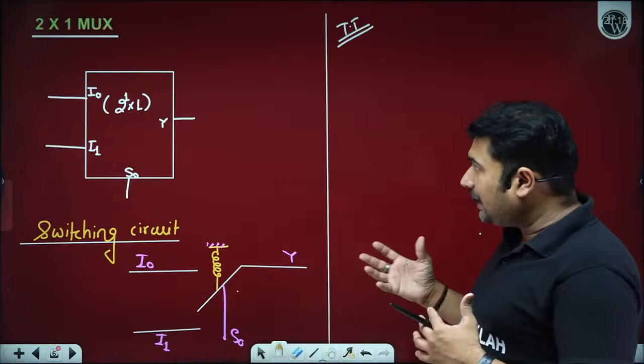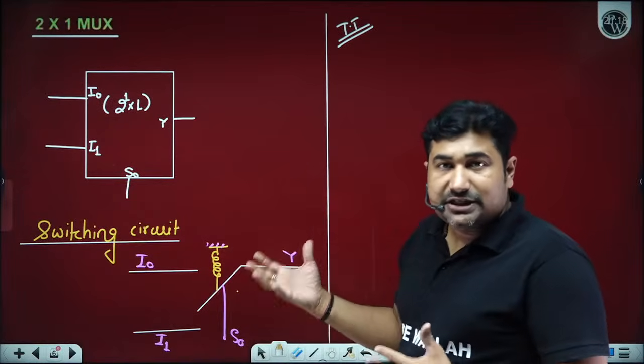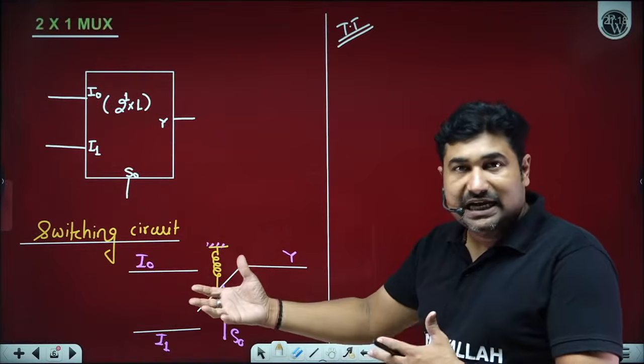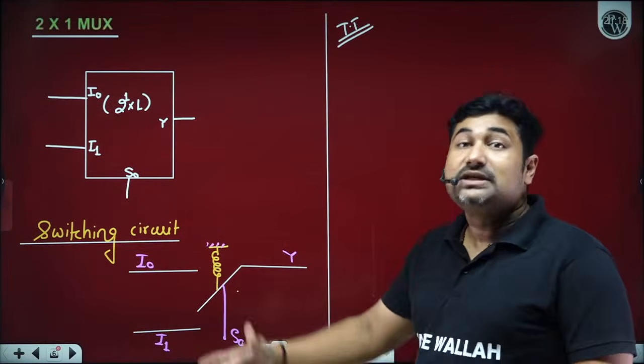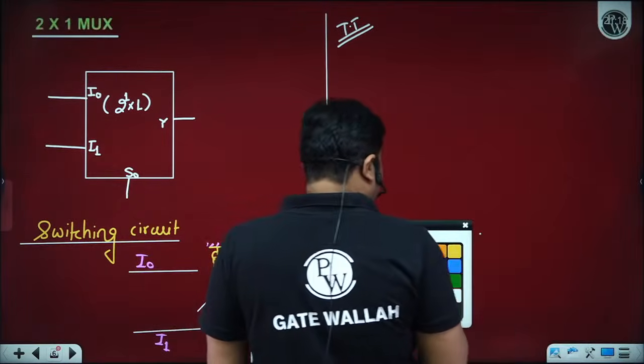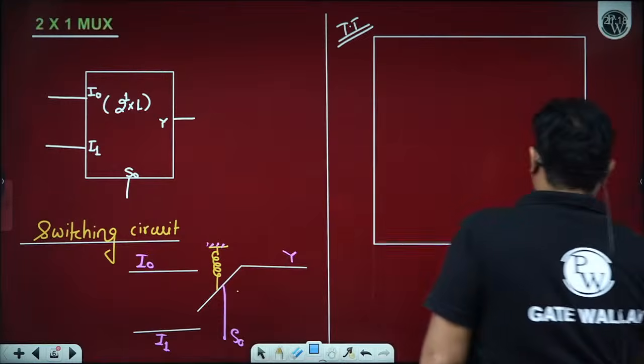For that, first of all, I need to understand the input-output relation. So I have now identified the inputs and outputs as well as the relation between them, what we want to design. Is it okay? Yes, sir. Now based on that, we can construct the truth table. Please observe.